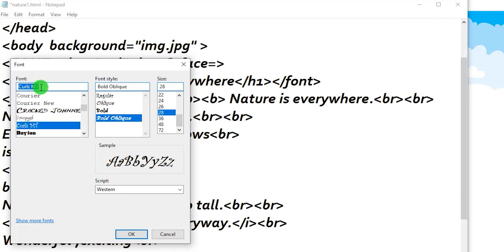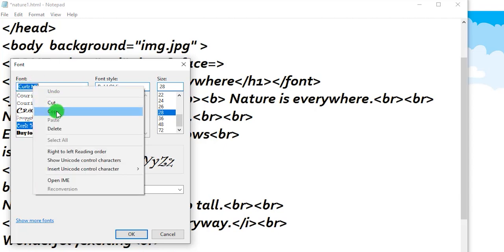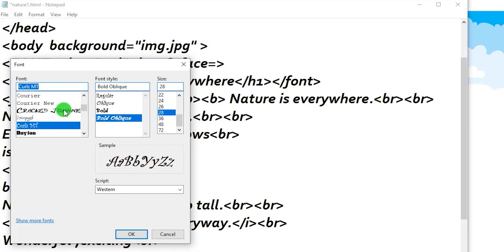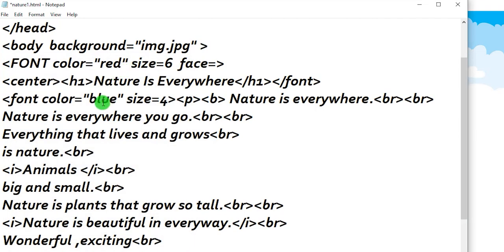So what I'll do is I'll just click on the topmost bar here in the font section where it is highlighting the name. I'll right click here and I'm going to copy the name of the font. After copying the name of the font, I'll come here to my document. In the document, I'll press double quotes and I'll press Control V, that is for pasting. Here comes the name of the style that I want and I close the double quotes.